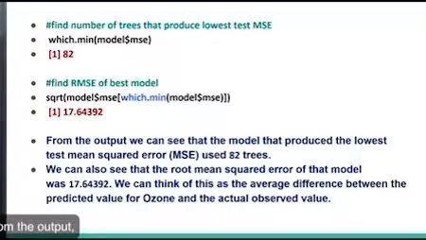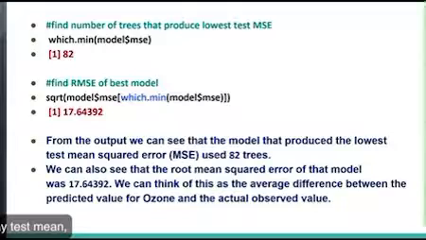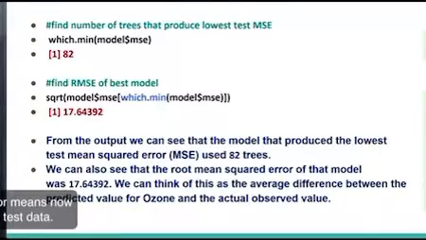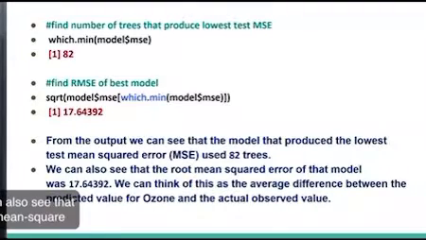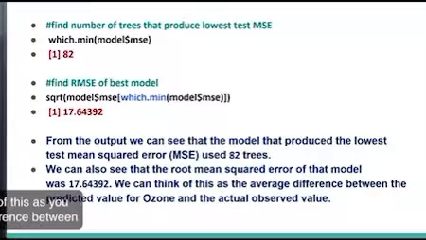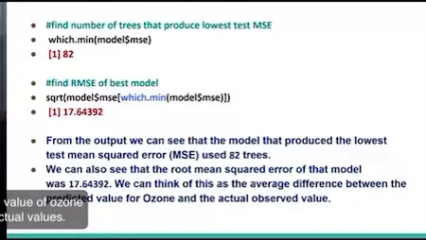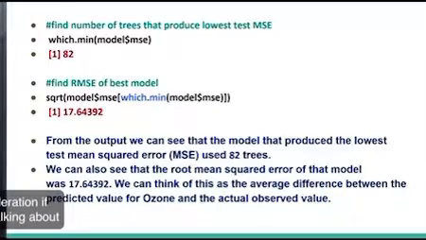So here I said from the output we can see that the module that produces the lowest test mean square error. When I say test mean square error, it means I've now used the test data. It uses 82 trees. And we can also see the root mean square error for that module. We can think of this as the average difference between the predicted value of ozone and the actual values. Of course, if you're talking about getting the root mean square error, you're focusing on the difference between the observed and the